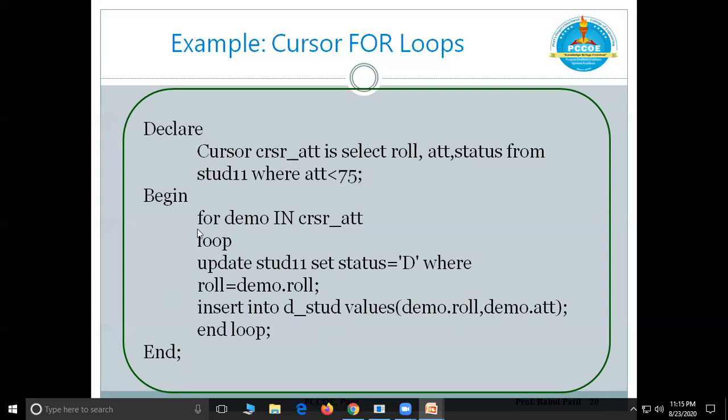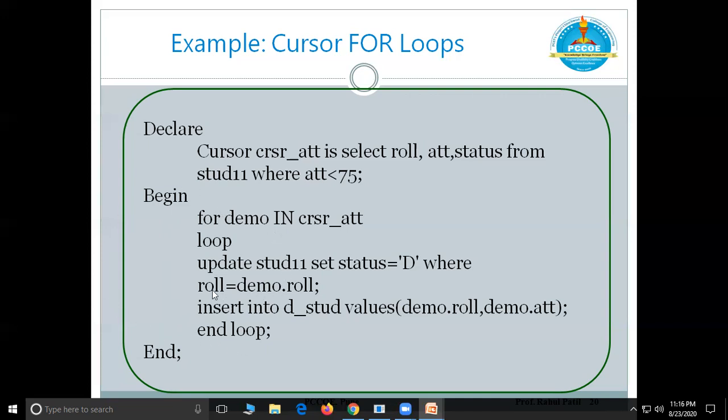Now, what all things have we skipped? This block will work like our earlier block. In the earlier block, we declared the cursor; here also we are declaring. In that block, we opened the cursor, but here we do not need to open it. Then we closed the cursor, which is also not required.